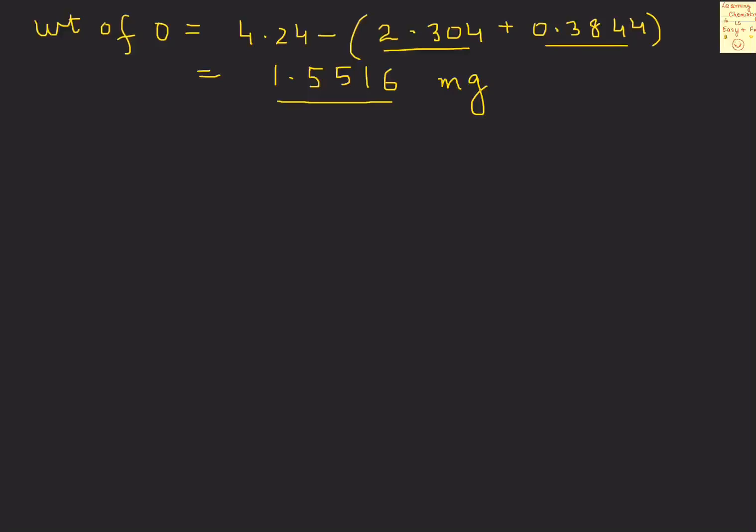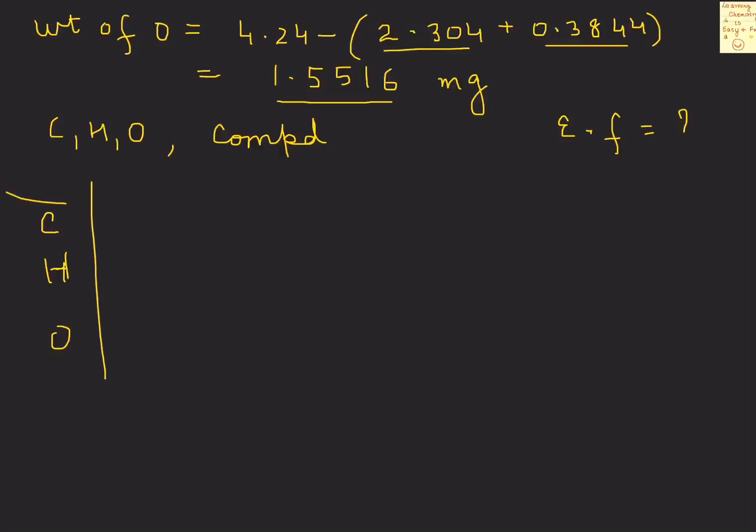Now, you've got the weight of carbon, the weight of hydrogen, the weight of oxygen. You also have the weight of the compound. Can you determine its empirical formula? You know the tabular form, correct? So, what do you do? Carbon, hydrogen, oxygen,